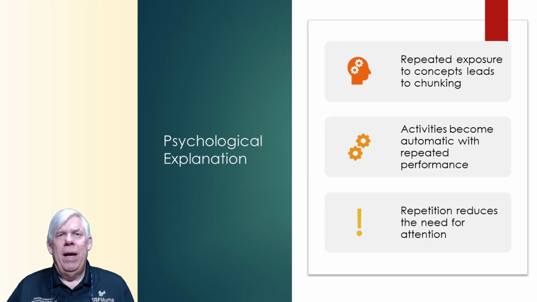There's a good reason that our experience of complexity changes over time. In fact, our brains are kind of wired that way. When we're repeatedly exposed to the same concept over and over again, we basically condense what we're doing into what are called chunks. It turns out that the human brain can handle some number of chunks, 5 to 7 is the number that's usually thrown out, at the same time within our working memory. What happens is that as we do something over and over again, those chunks get bigger and bigger.